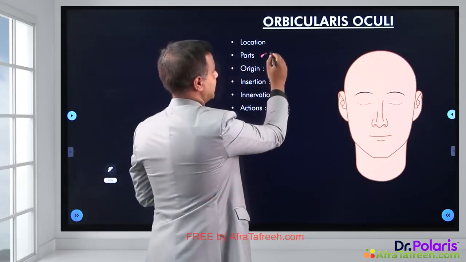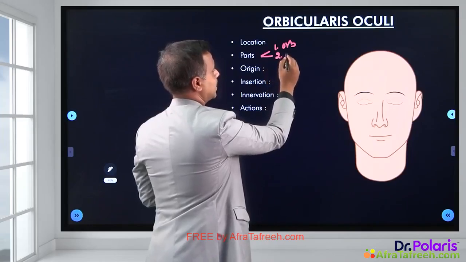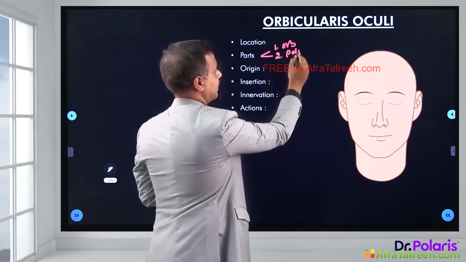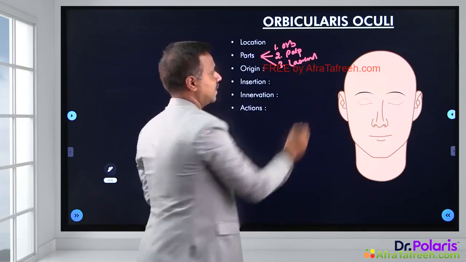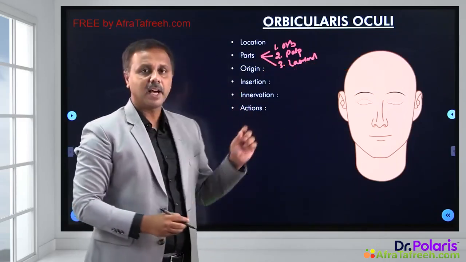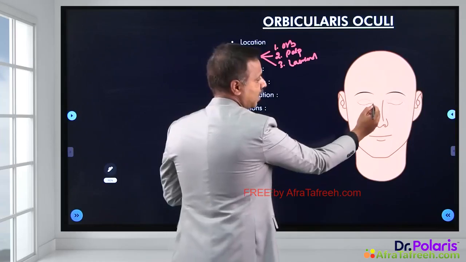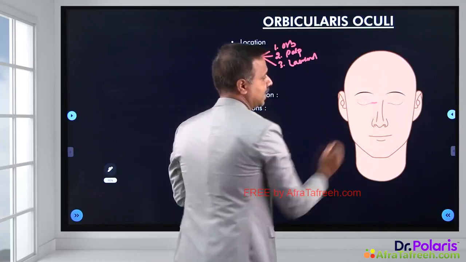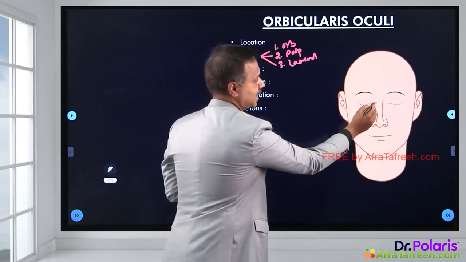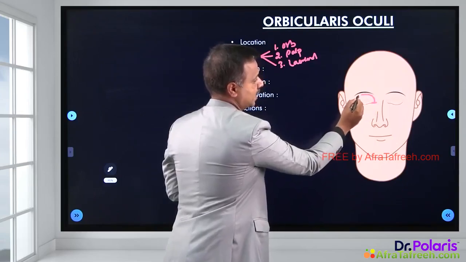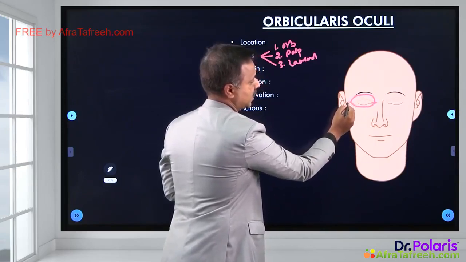It has three parts. The first part is known as the orbital part. The second part is known as the palpebral part. And the third part is known as the lacrimal part. Right? These have different attachments. Let's try to learn them. The medial part of your eye has a ligament called as medial palpebral ligament. The orbital part arises from this, sweeps over the entire orbit and gets inserted to a structure here called as